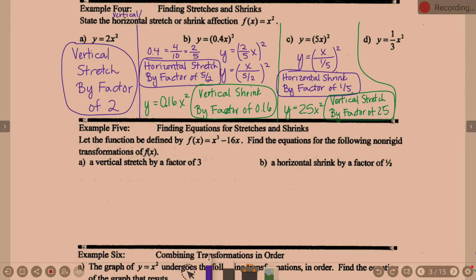Well, it's a vertical shrink, multiplying by a value out front. So that means we're in the vertical land. And 1/3 is less than 1, so shrink. I'm not going to go the horizontal direction because it's not in the parentheses here. So vertical shrink